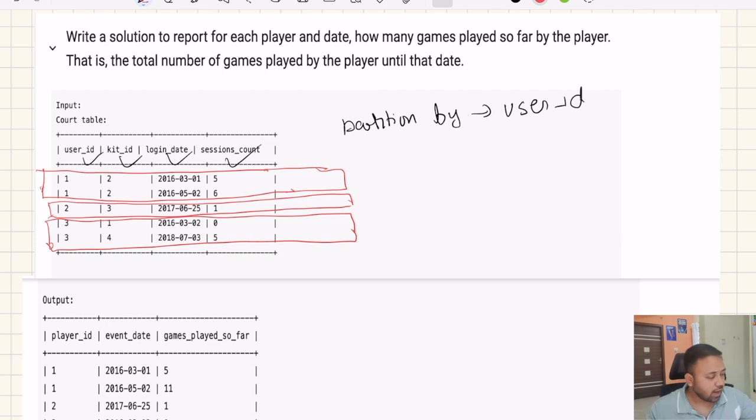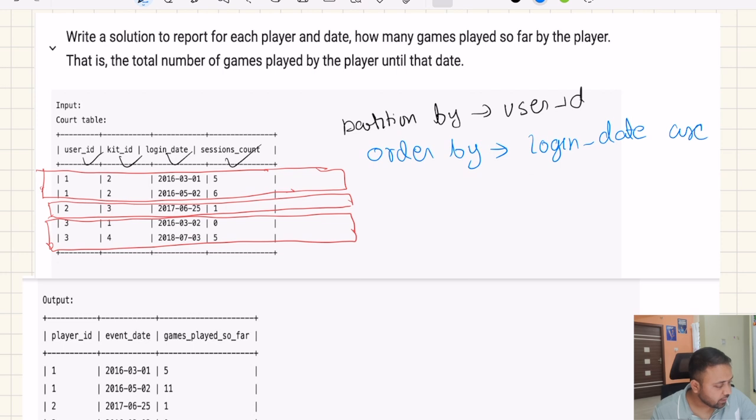Perfect. And if we say partition by user ID, and order by login date ascending, and then apply sum over this particular window,